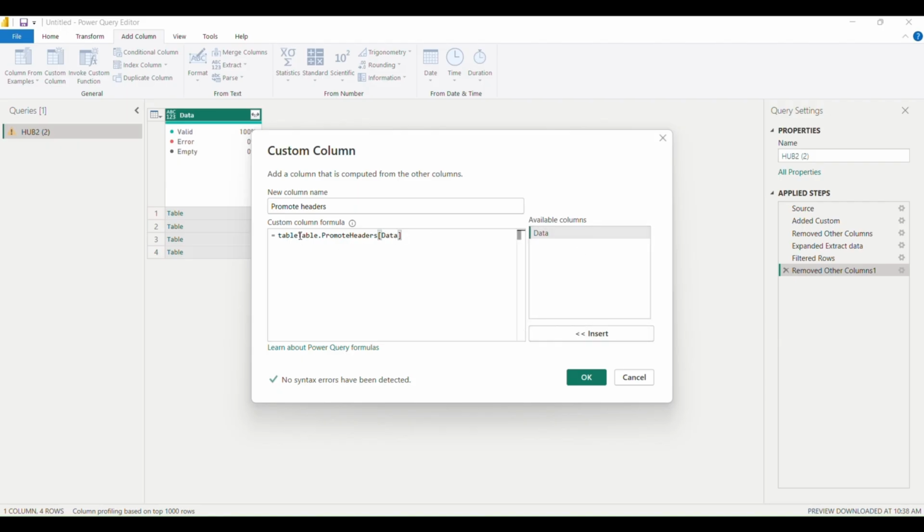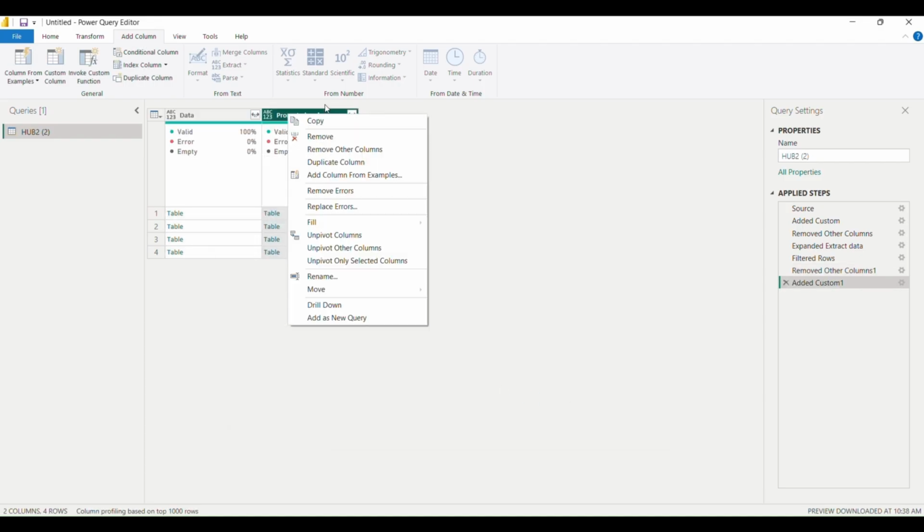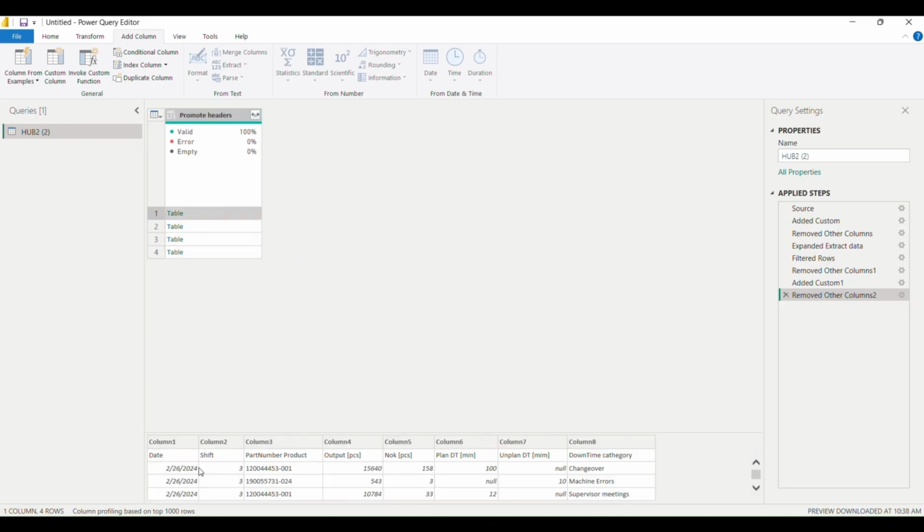Pay attention here: I already wrote Table, so I have to delete this, close parentheses, open and close, of course, click OK, and we have a new column. We'll remove the other column. If we click now, we see that we have lifted up one row.